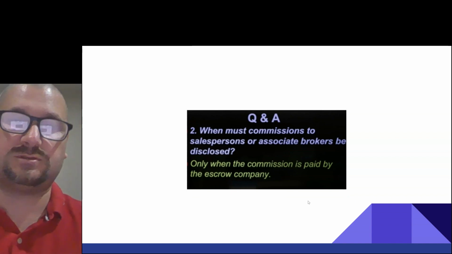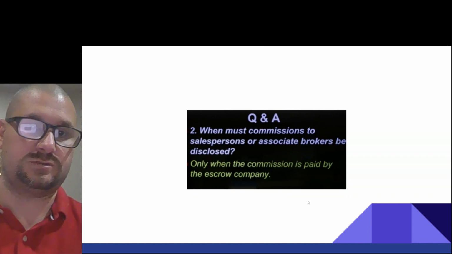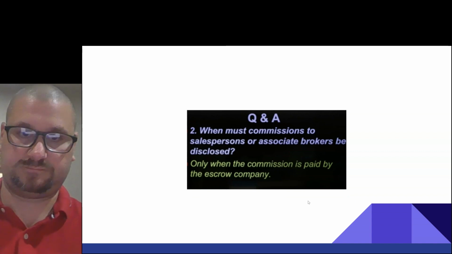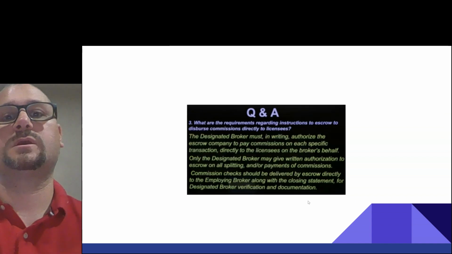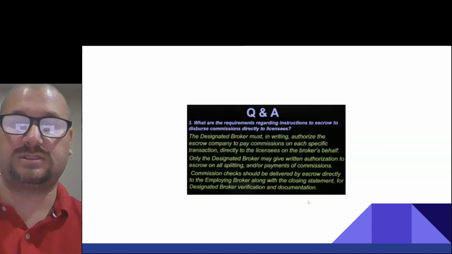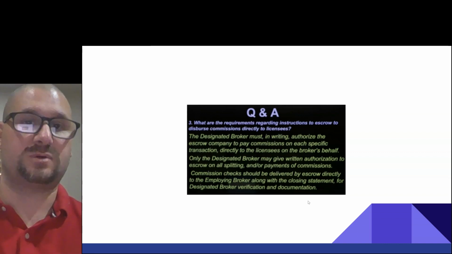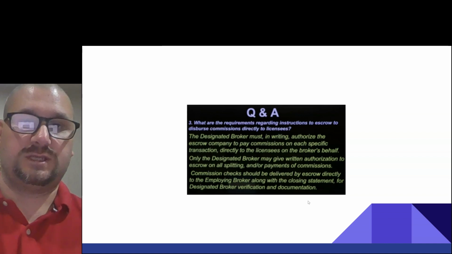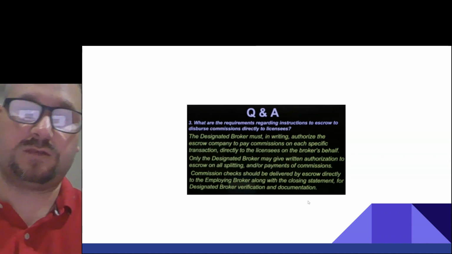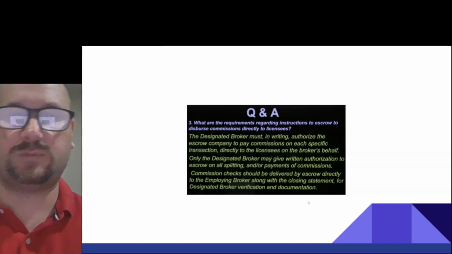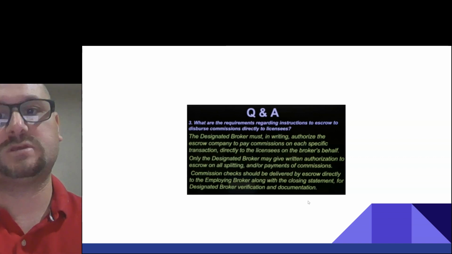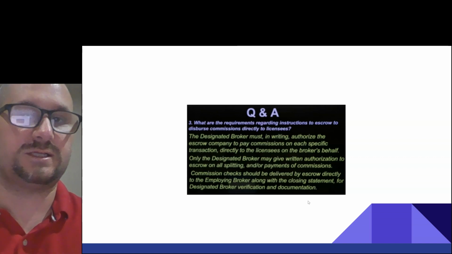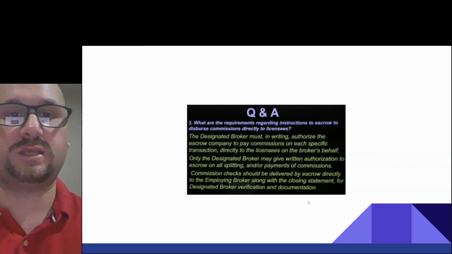When must commissions to salespersons or associate brokers be disclosed? Only when the commission is paid by the escrow company. What are the requirements regarding instructions to escrow to disperse commissions directly to licensees? The designated broker must, in writing, authorize the escrow company to pay commissions on each specific transaction directly to the licensees on the broker's behalf.